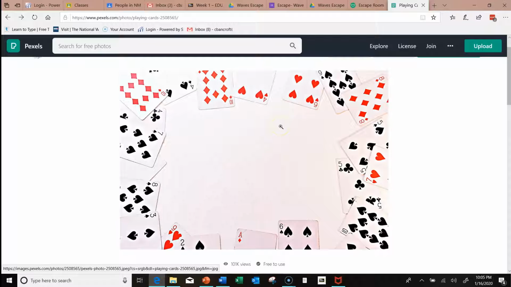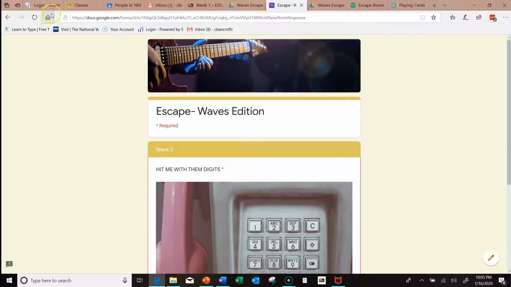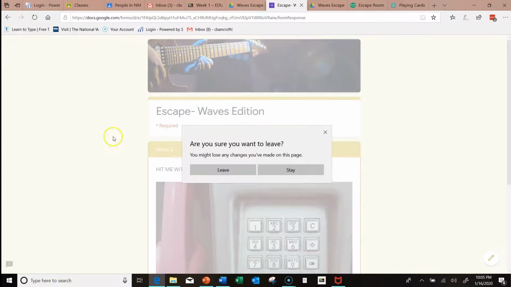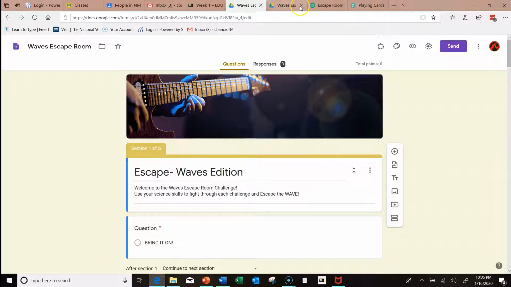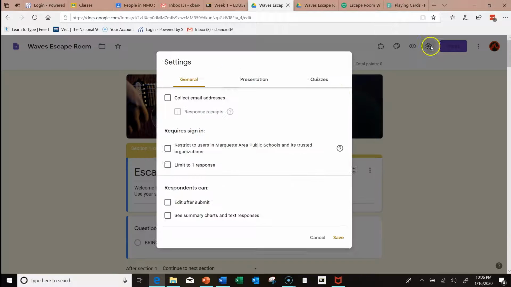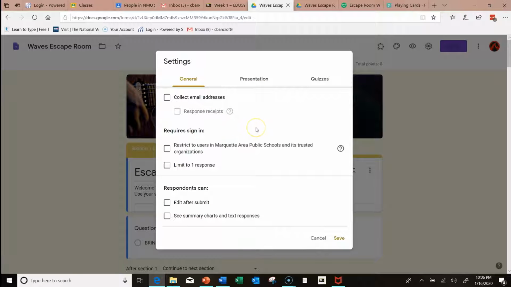So the really important part here is, how do we set up that Google Form? I'm a big Google Form guy. I use them a lot, so I've gotten pretty good at them. So let me show you some of my tricks. Here it is. So okay, when we get into our Google Forms, what we're going to want to do is click on the settings button, and we want to make sure that our settings are what we